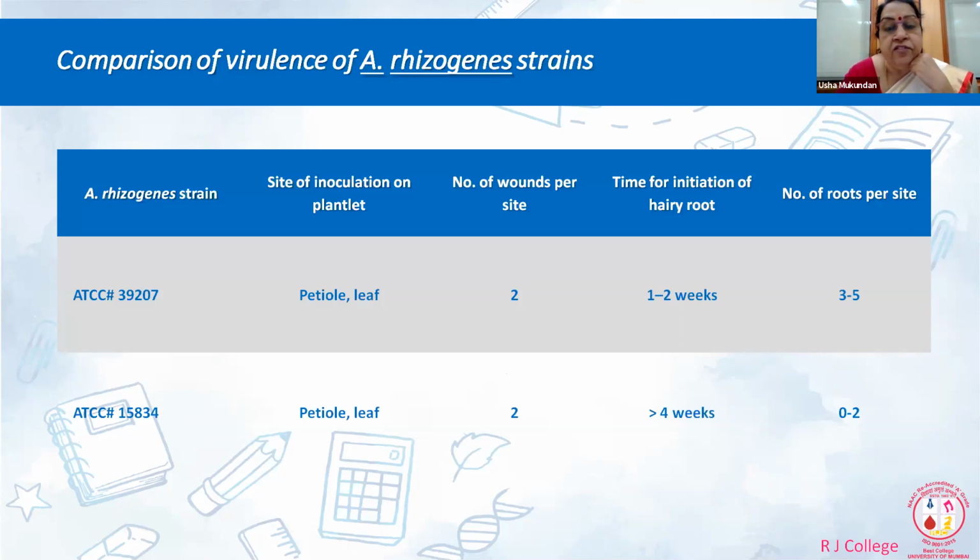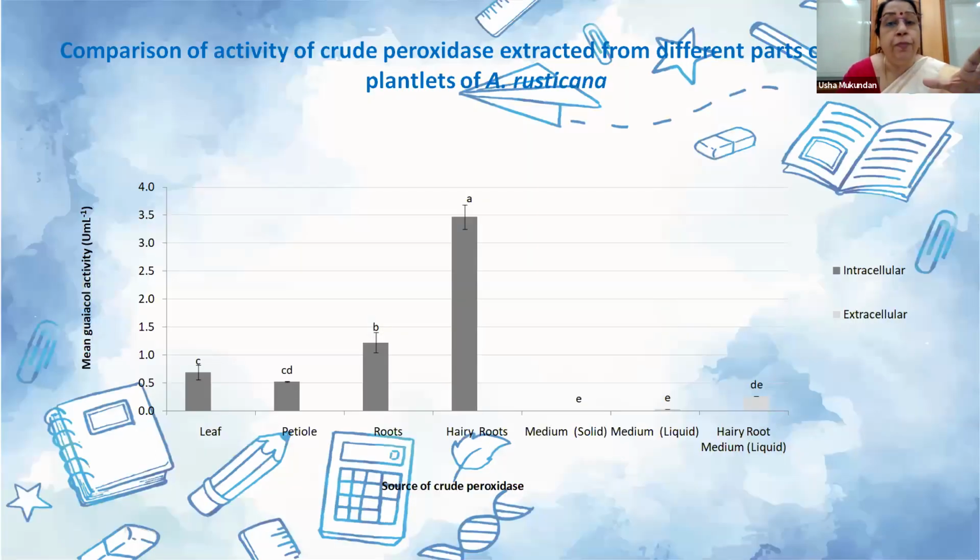These are different strains of Agrobacterium, the site of inoculation, how many wounds you've made, and then within how much time you could get these root cultures. Some very good publication, including in Springer, has been written by one of my PhD students. I always say she did the best work, Mugdha Ambadkar. You might have also attended her lecture when she spoke about good research paper writing, and she worked on this enzyme and did some very good work on dye decolorization.